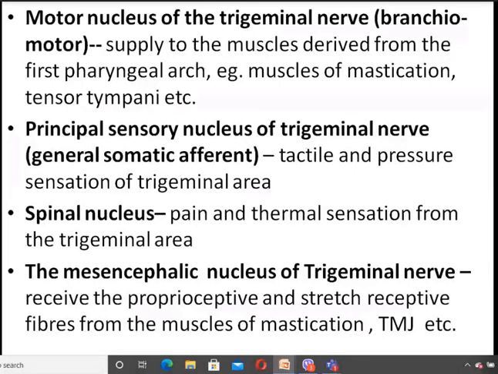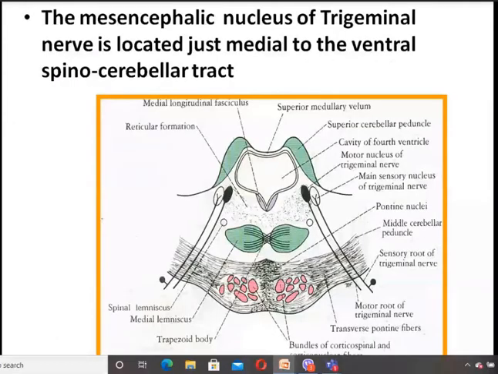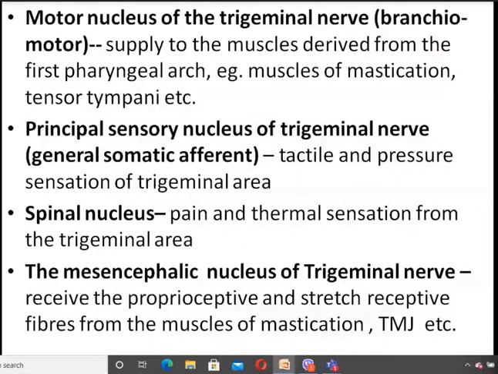We also discussed the trigeminal nerve during the cranial nerve class. So these are the nuclei of the trigeminal nerve. That is all about the features present just above the facial colliculus level. The main ones are the nuclei of the trigeminal nerve: motor medially, then sensory, and mesencephalic somewhere here. And the spinal nucleus also extends down to the spinal cord. That is all about the internal features of the